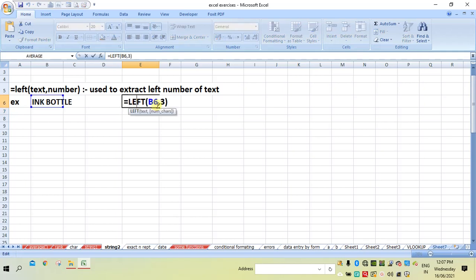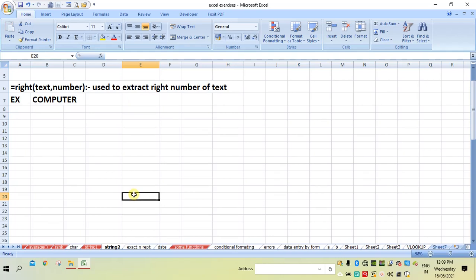Similarly, if you want 2 letters, then instead of 3 you specify 2. So you will get in. So this way we can use the left function, and its syntax will be left in bracket the text and comma, you have to specify the number of characters you want from this specified cell's text.